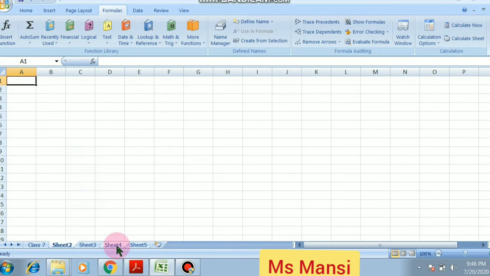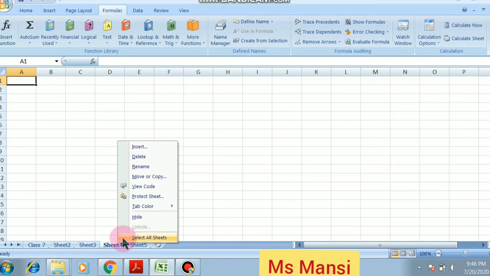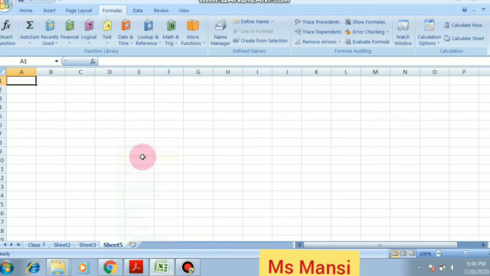And if you want to delete a sheet, like you have by mistake entered a wrong sheet and you want to delete it, right click on it and click on the delete button. Now your sheet will be deleted. Clear?